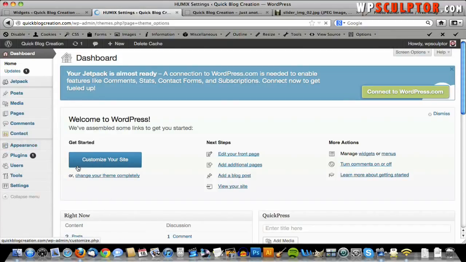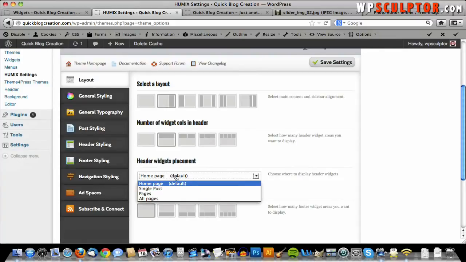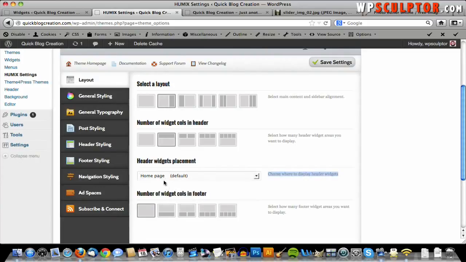go to Appearance, Humix Settings. Right here, header widgets placement. We've got it set at home page, but this actually means blog page. That should have said blog page. You can do all pages, or to turn that off, you could just select that box right there. But we're going to keep that on our blog page, and we're going to set our blog page back to home. So check that box,